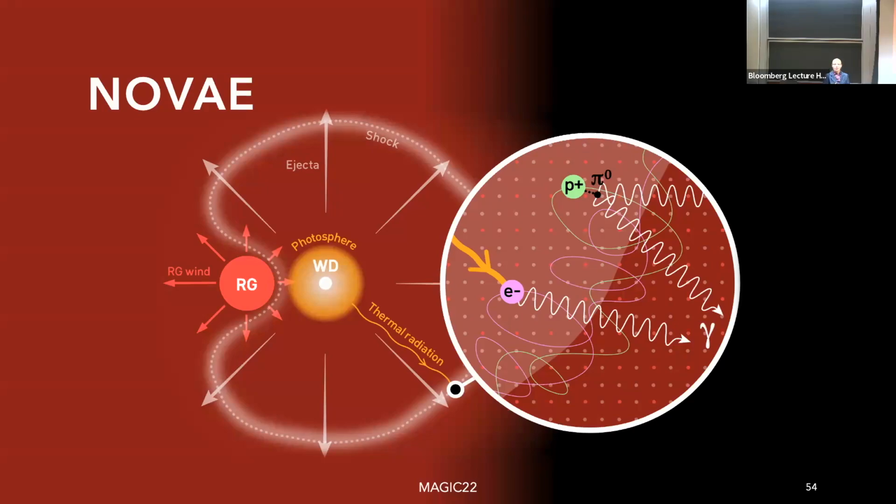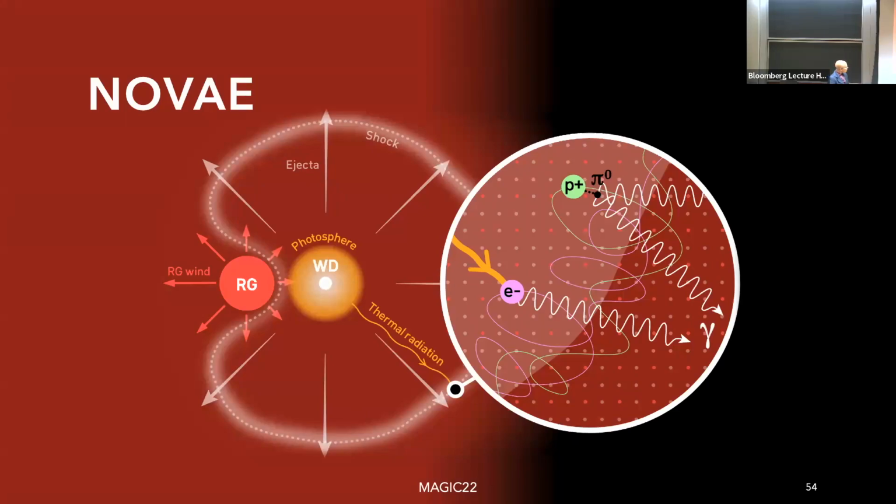That means you have a shock that's processing more mass, and you can produce more cosmic rays and also more gamma ray emission. The idea here is you both increase the number of bullets, the number of cosmic rays, and you also increase the number of targets for proton-proton interactions, which is the way that protons can go on to produce observable emission, specifically gamma rays.